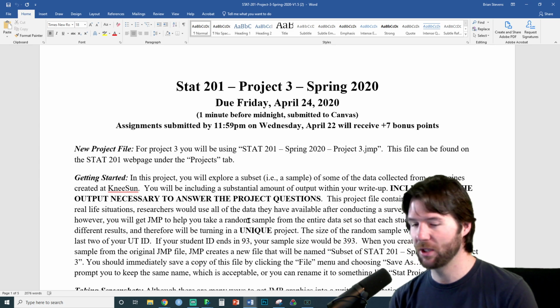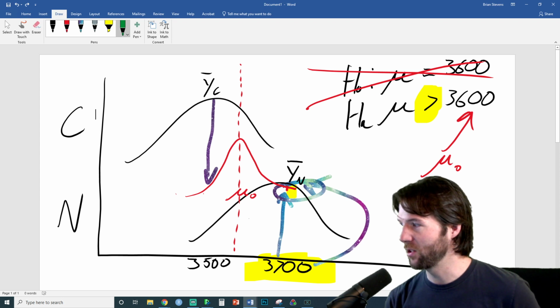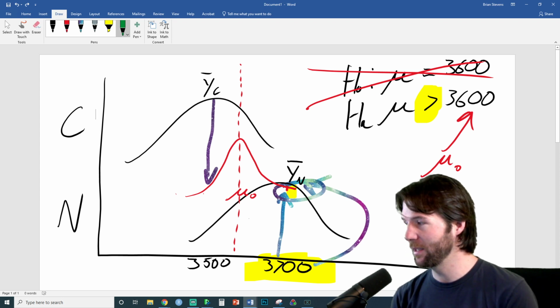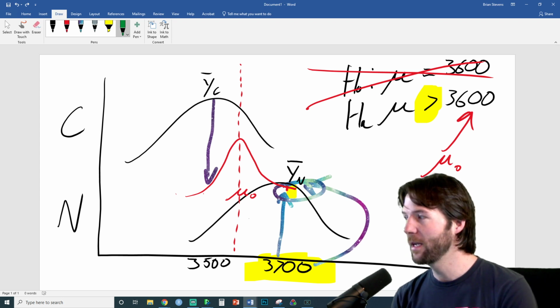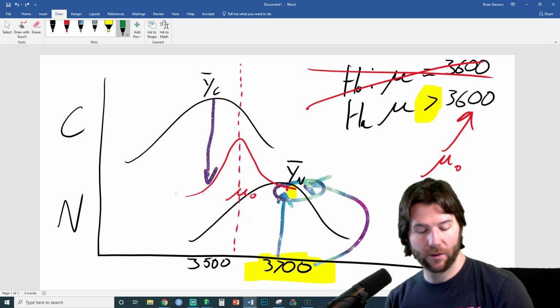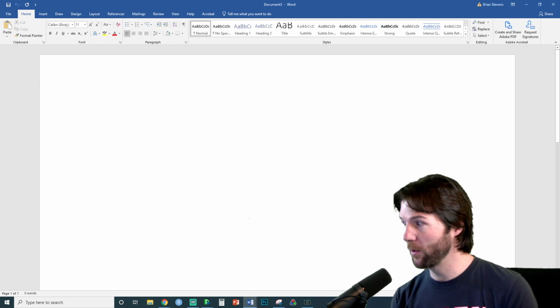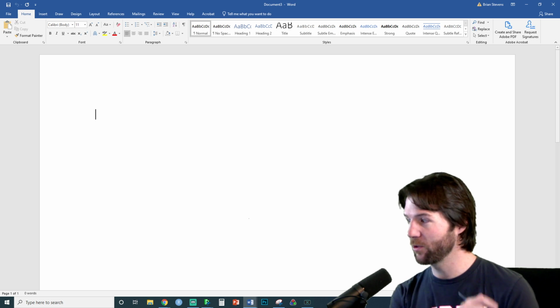That was a good 15-minute review or so of one of the big questions, looking at the different histograms right here and doing the statistical test on the means for it. Also, knowing your values is very important. Just a very quick review on the nulls and alternatives. Everyone should know how to write your null and alternative by now. Don't worry if you don't. We're going to practice real quick.